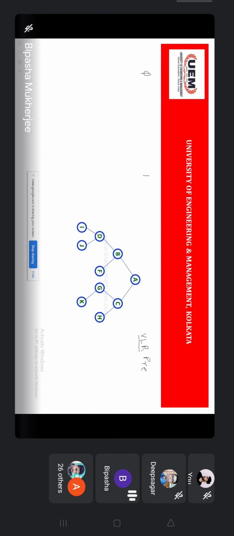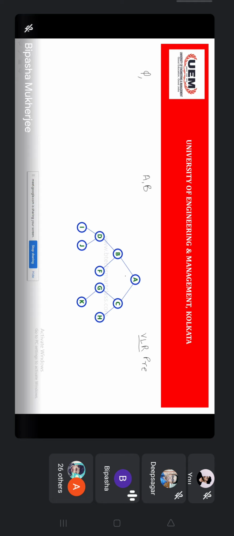Now here, process means what? In trees, graphs, data structures, processing means printing it or visiting it. Fine. So when you are following the leftmost path, every time you need to push the right child of any node.